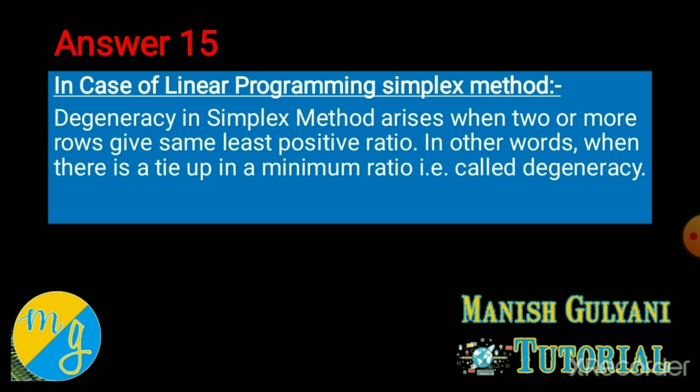First step, select the rows in which the smallest non-negative ratios are tied. Then second step, write down the coefficients of slack variables in the tied rows. Then divide each coefficient by the corresponding element of the key column in the same row, starting from left to right, in order to break the tie. If the ratios do not break the tie, find similar ratios for the coefficients of decision variables. At the end, select the row with the smallest ratio. That row becomes the key row. So in this procedure, you can remove your degeneracy.